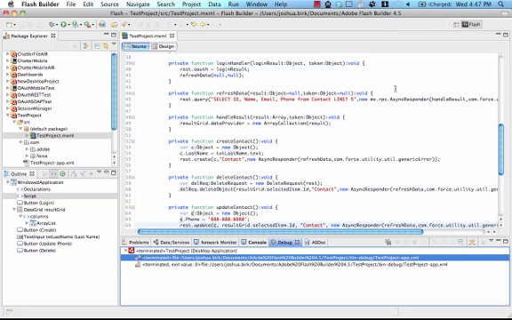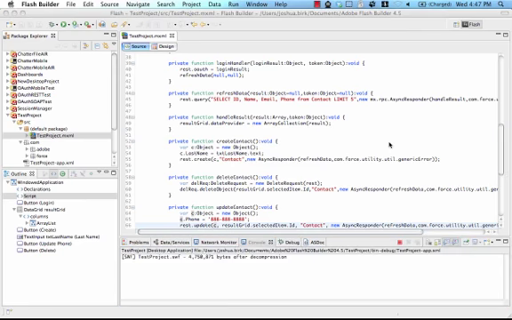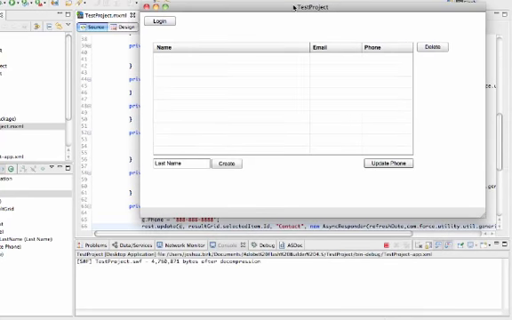So what I have here is a test project in Flash Builder 4.5, and this project actually includes the Force.com REST kit and also some Adobe libraries, and I'll get into those libraries in a little bit, but let me just show you the project really quick so you can see a roundup of some of the functionality we have here. Now this is very ugly, absolutely no time went into user interface design here, but